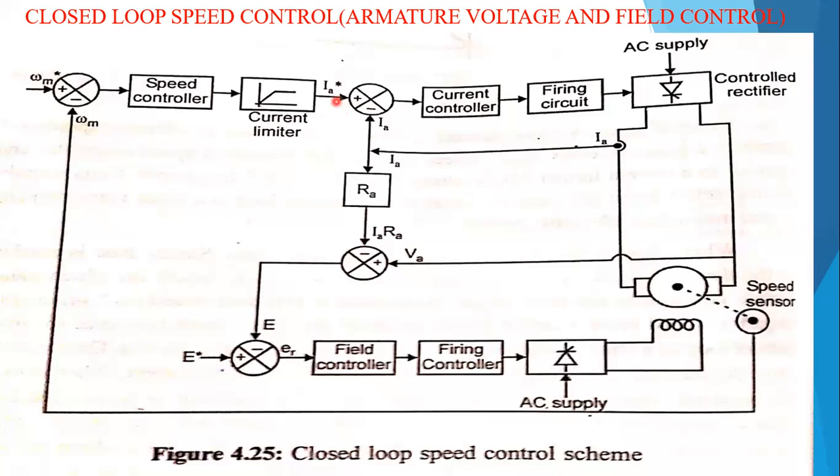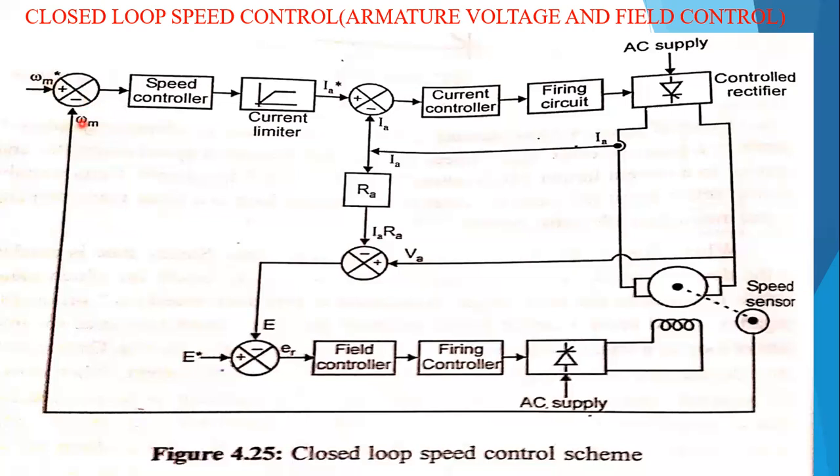Understood? This produces a higher reference current I star. The motor accelerates due to the increase in I star. To correct the speed error, omega m star minus omega, the drive finally settles at a new current I star, which makes the motor torque equal to the load torque, and the speed error goes close to 0. Okay, so that is for positive speed.